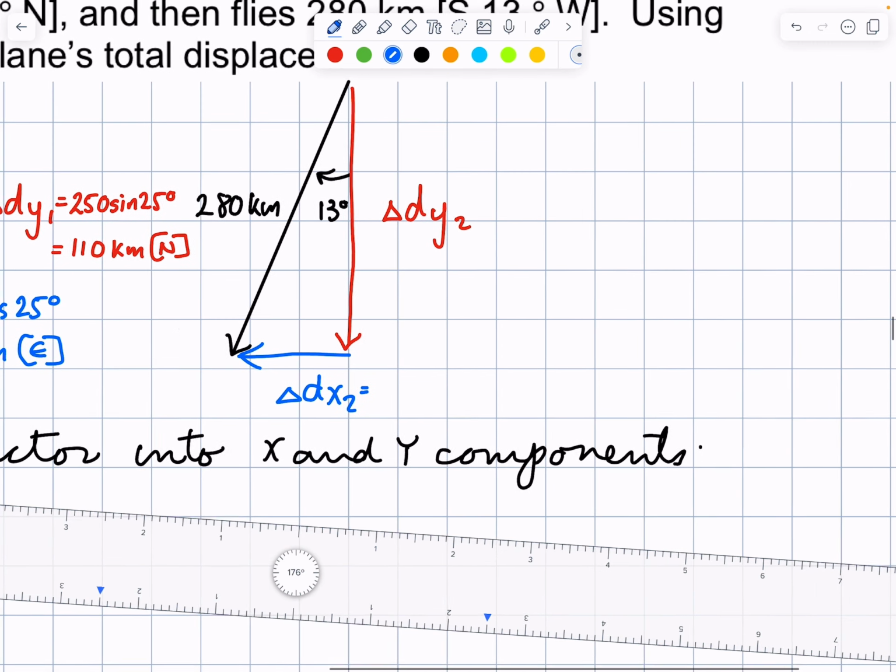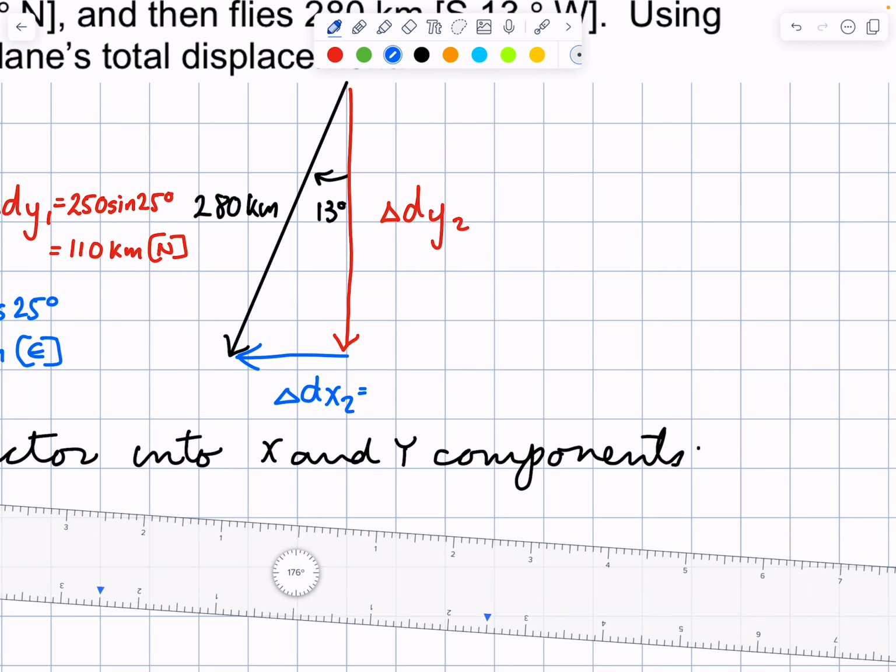Let's break up vector 2 into x and y components. We'll start with the y component. The y component, we have adjacent with respect to the angle and hypotenuse. Adjacent over hypotenuse is cos. So this will be 280 cos 13 degrees. If we punch that into our calculator, we end up with 270